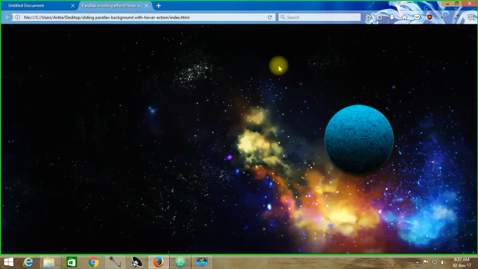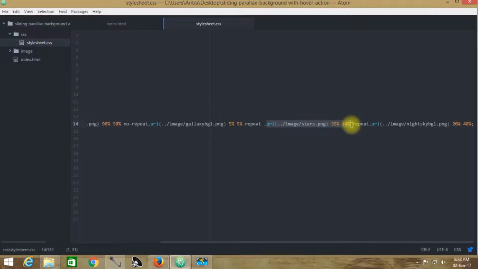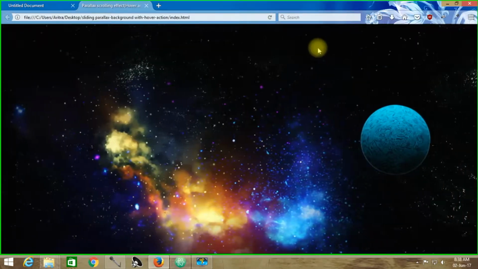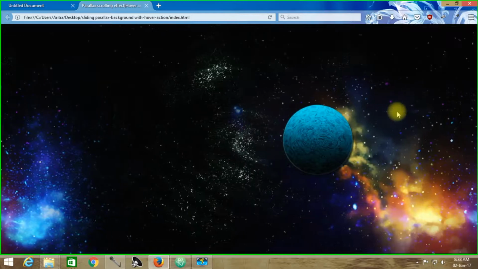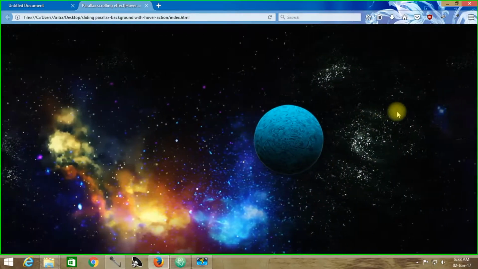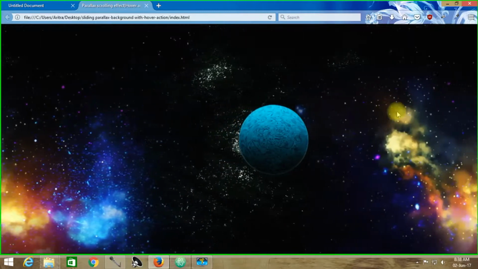Just shift this star.png right before this galaxy bg.png. Reload. As we can see, this thing is now happening over here. Everything is now moving independently, this star field, this galaxy field.